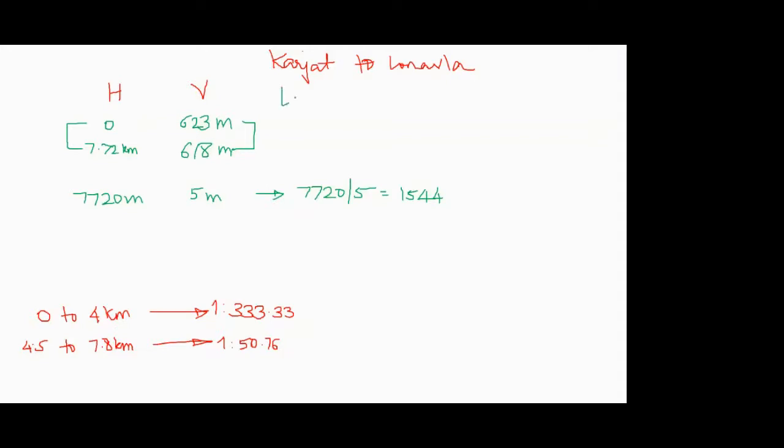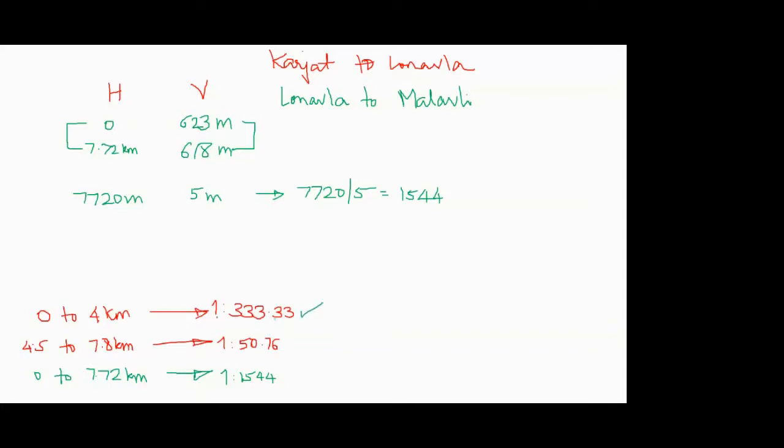the green one, for the Lonavala to Modavali section. So for that you have a 7 kilometer stretch between the two stations, 7.72 precisely. So for this stretch, the gradient comes out to be 1 in 1544. So you can see the vast difference, that this was the starting point of a ghat section.